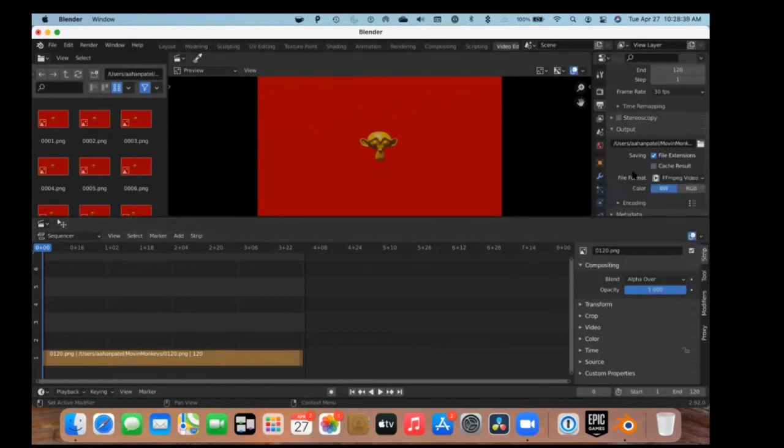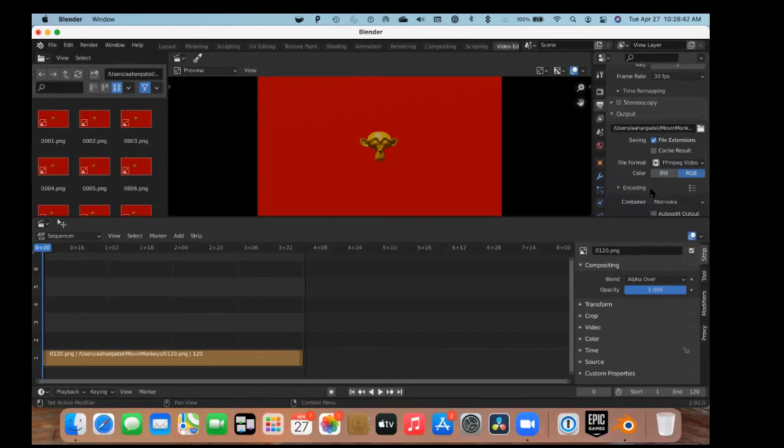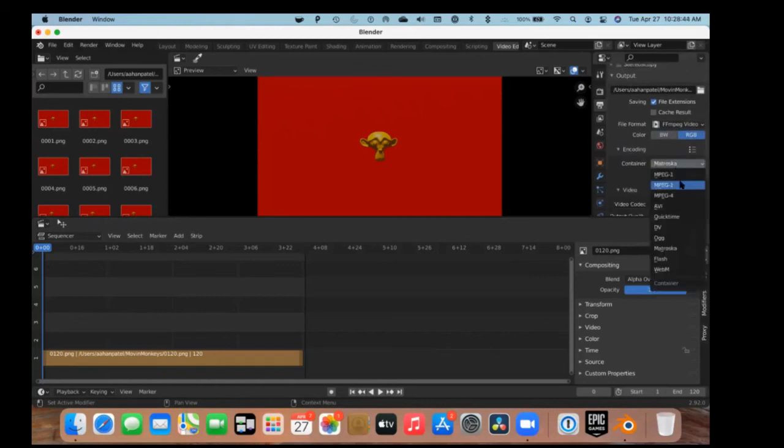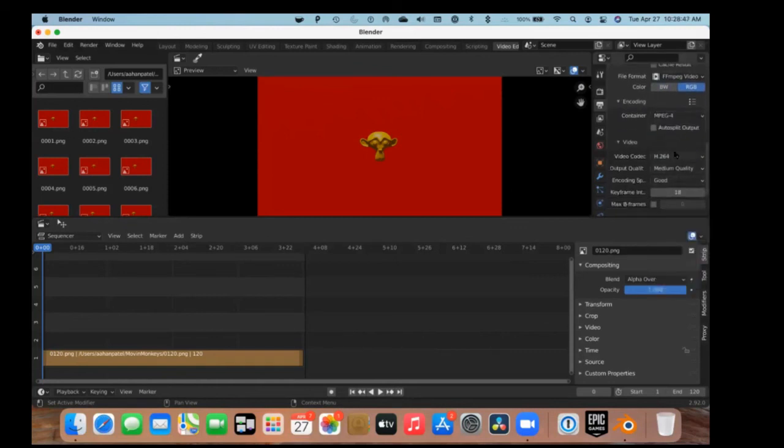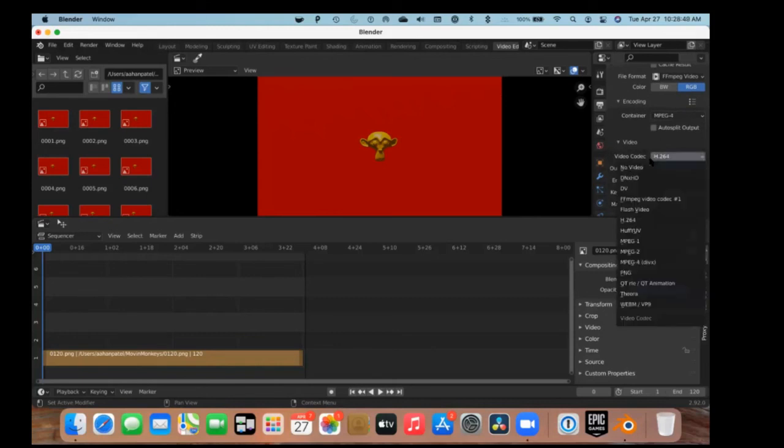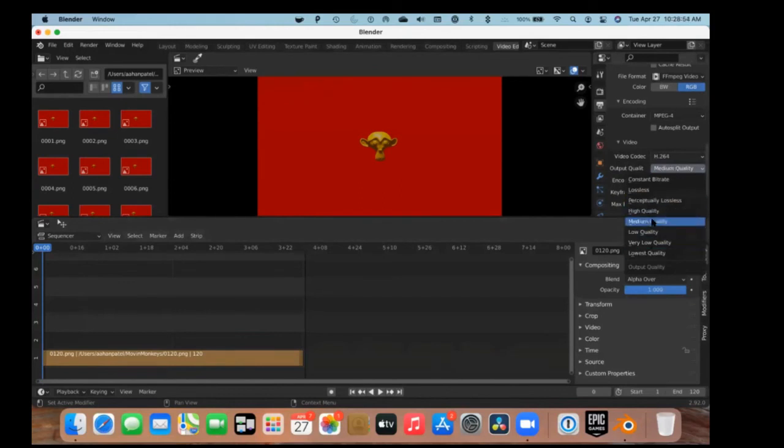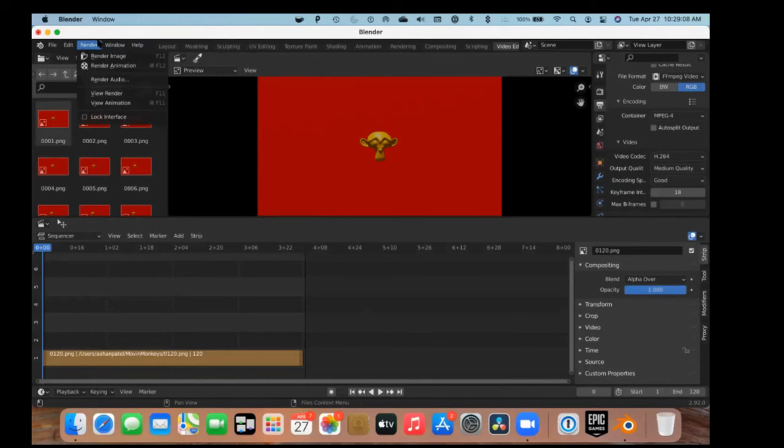You could also do color will be RGB, encoding. Container won't be Matroska, but it will be MPEG-4, which is MP4. This is going to be H.264. This is going to be high quality, and the encoding speed will be good, not real time, unless you want to put it real time, but that will take up a little more space and more data. It will take more of your CPU and data. Anyways,